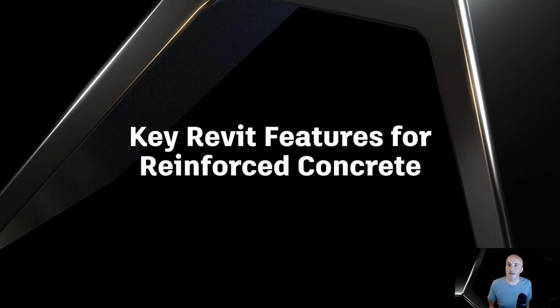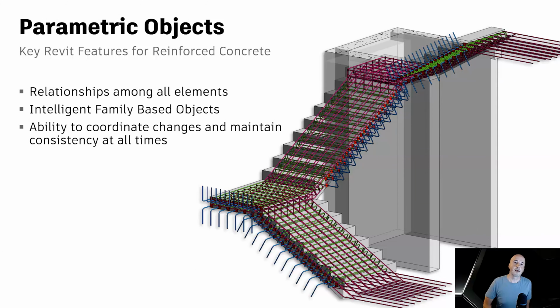Now, I would like to highlight some of the key Revit features for reinforced concrete structures. Parametric modeling refers to the relationships among all elements in a project that enable the coordination and change management that Revit provides. These relationships are created automatically by the software and by you as you work. This capability delivers the fundamental coordination and productivity benefits of Revit. Change anything, anytime, anywhere in the project, and Revit propagates that change throughout the project.